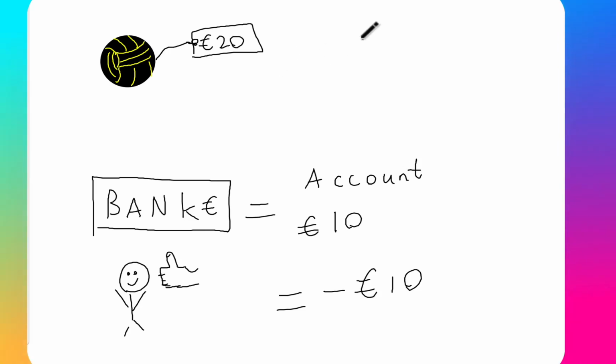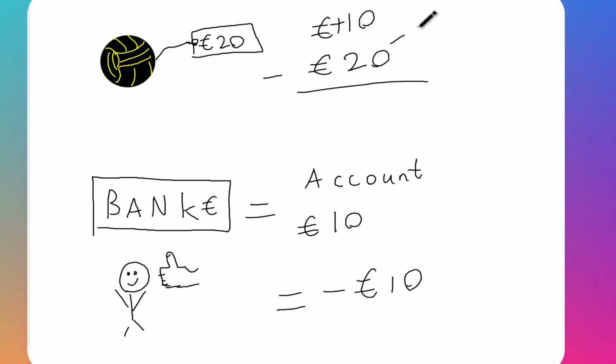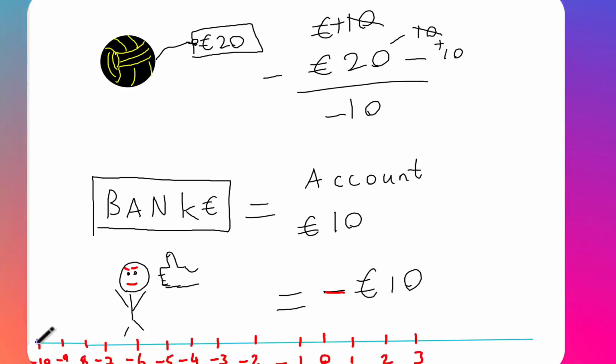So let's try that out. We are going to say we have €10 and we're going to take away €20. So let's make our number bond, which I like to do. 10 and 10, cancel, and we're left with -10. So right now I am in debt. I have no money. I actually have -€10. So I owe this bank manager, who won't be so nice next time, €10. The amount of money I have in my bank is not a positive number, it is -10. And in order to get back to €0 in my bank, which I want to get back to even, I need to give this bank manager €10.